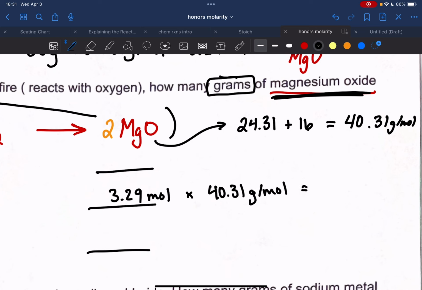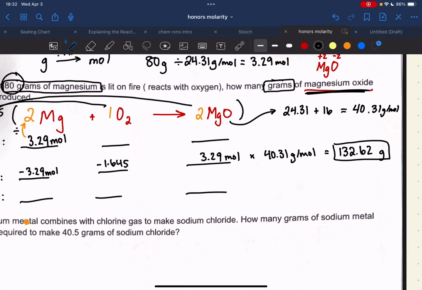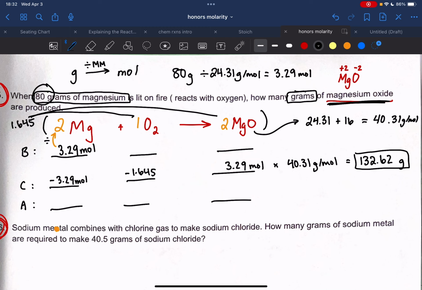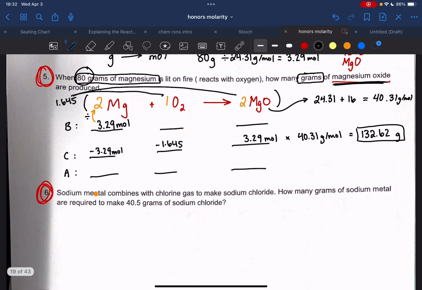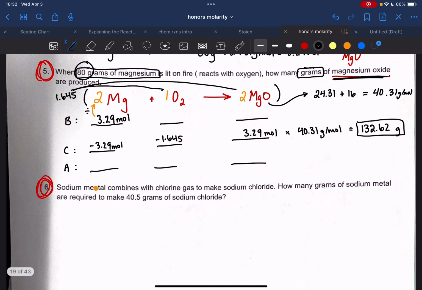All right, and now I multiply these two numbers. My answer is 132.62 grams, and that is my final answer. So I would write 132.62 grams of magnesium oxide can be produced from 80 grams of magnesium. And there we go. That's all of 5. Question 6